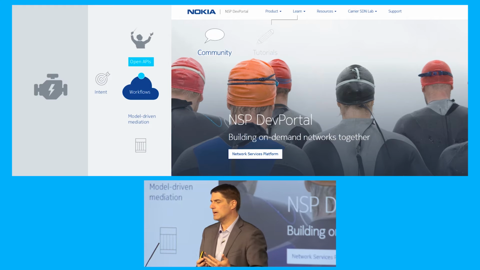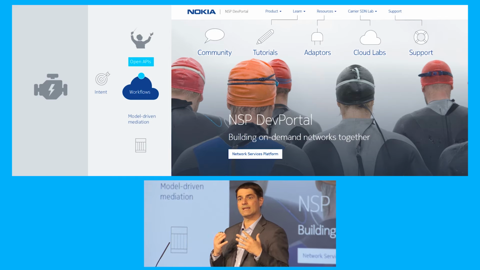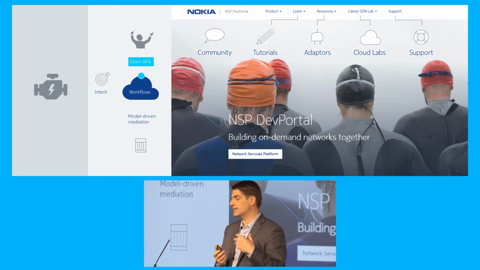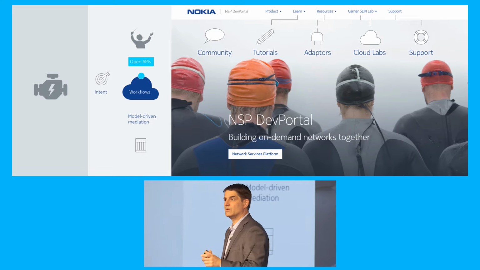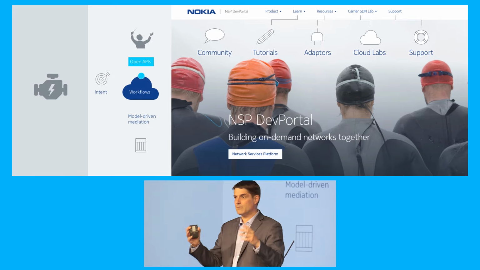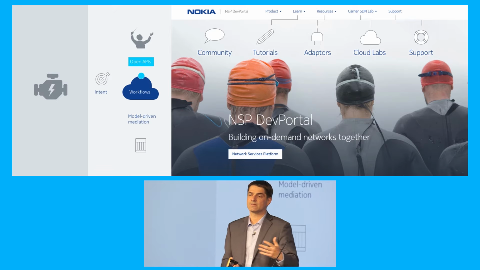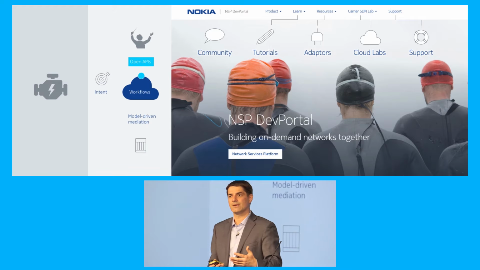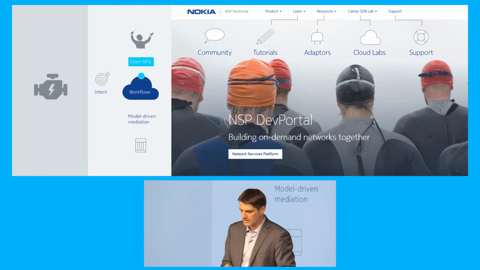There's community access. There's access to tutorials, videos, SDKs, adapters for third-party integration. There's templates. Cloud Labs, which is super important. Often you want to do something, but you can't do it because you don't have access to the right software and right lab. So in this case, you go to this website, you click a button, and within an hour, you get a full IP optical network with NSP running that you can use for your own development and testing, etc. So those are all the things that are necessary for any kind of DevOps integration into the network using NSP. So you'll find a ton of information there.